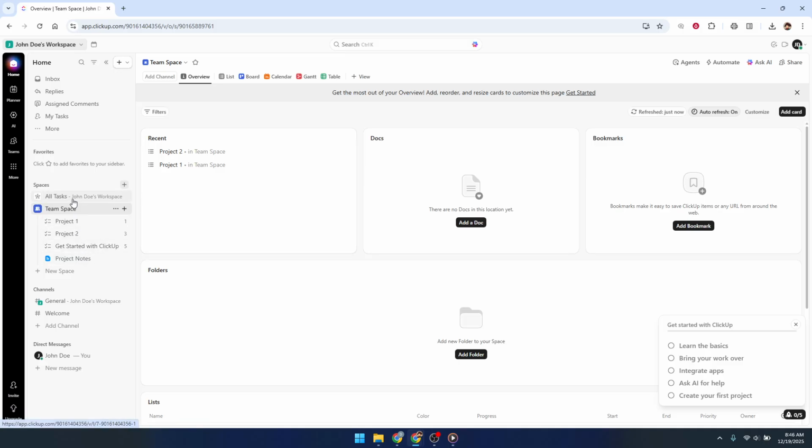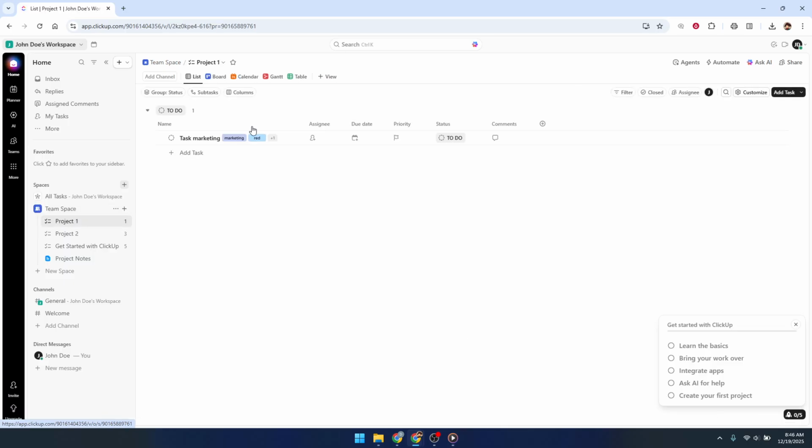First, open ClickUp and navigate to the specific list or space where you want your new task to live. Think of a space as a higher-level area for a team or project, and a list as the more focused place where the actual work items are stored. Taking a moment to choose the right list helps keep everything organized later on, so you and your team can